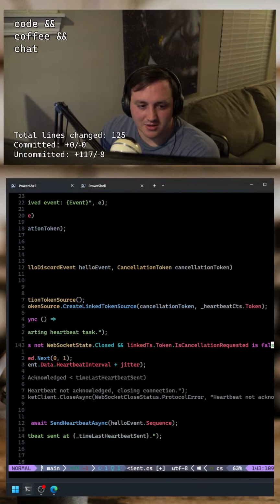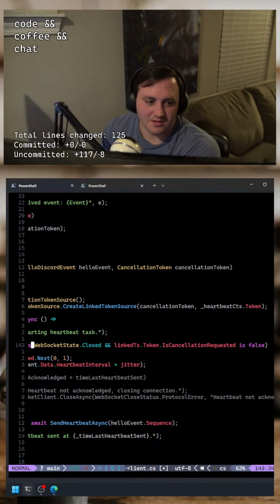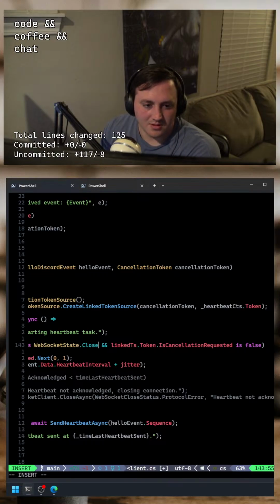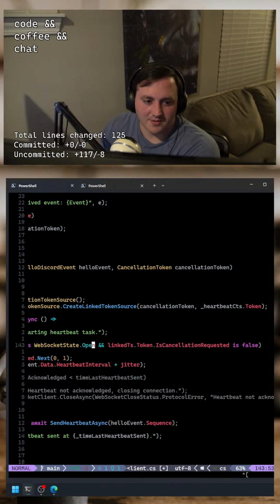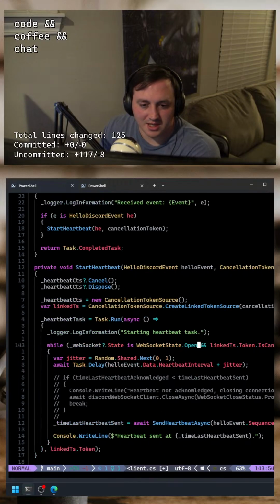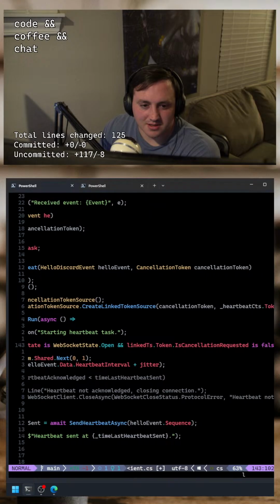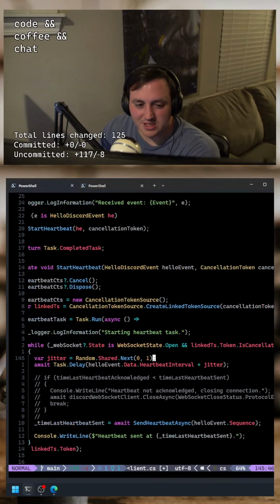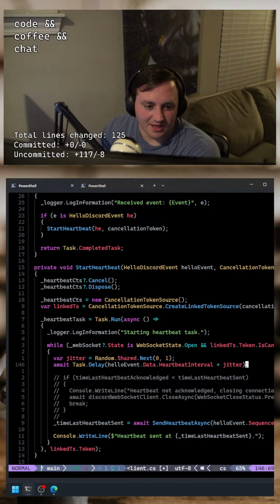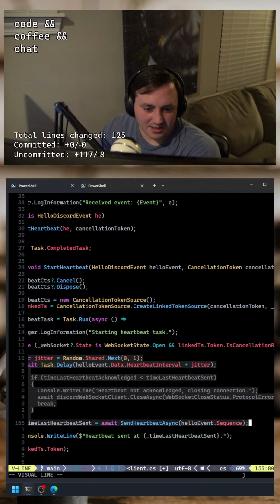Should I say not closed or should I say open? Maybe I just do while WebSocket state is open. Yeah, while the WebSocket state is open and the linked TS token cancellation requested is false, then we're going to do this stuff. But